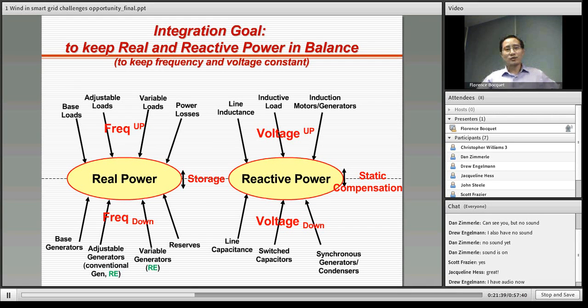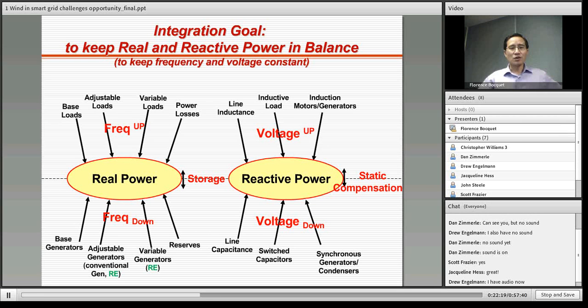So on the right side, we have reactive power balancing. Similarly, there are some reactive power loads. For example, the transmission line, distribution line. You know, the line inductances are typically reactive load, right? And also on the consumer side, we have inductive load also, like induction motors. Induction motors consume about 60% of all the electricity. And even induction generators, like the wind turbine generator, they consume